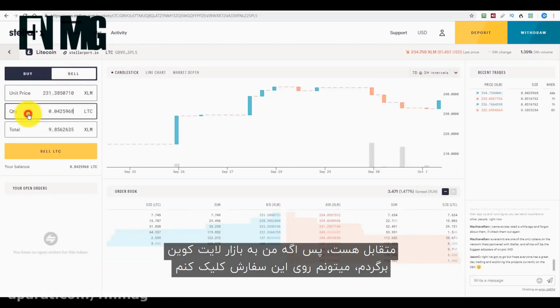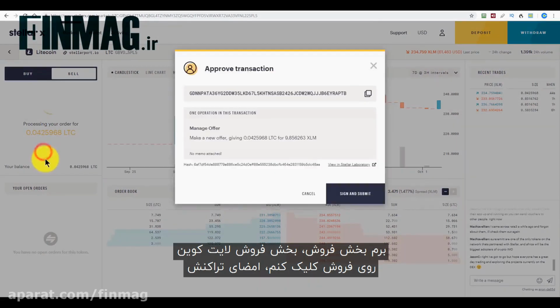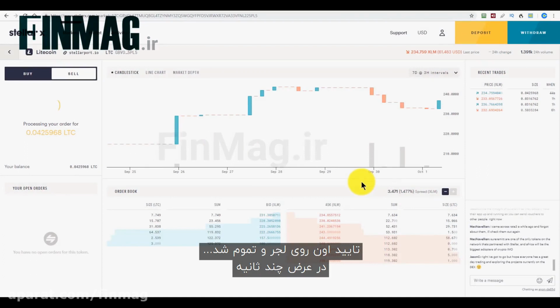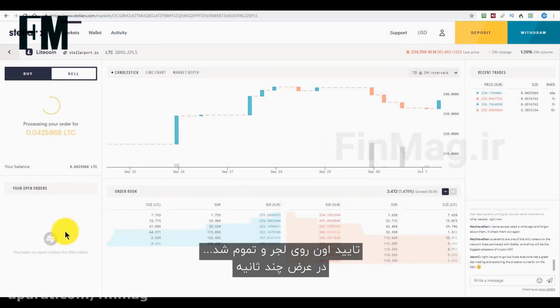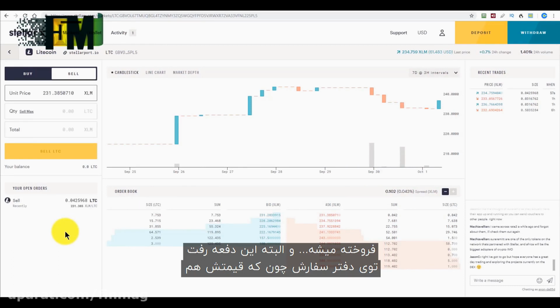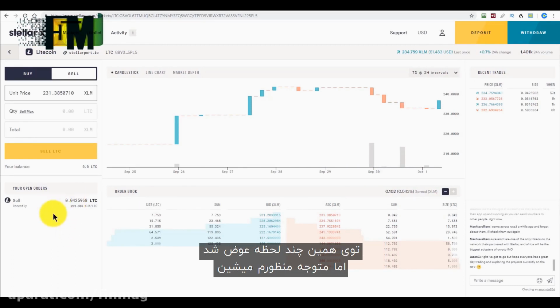on this order. Go to the sell side, sell all of my Litecoin, click sell, sign the transaction, confirm it on the ledger, and away it goes. Within a few seconds, that will be sold. It's actually gone on the order book this time because the price changed in the meantime, but you get the